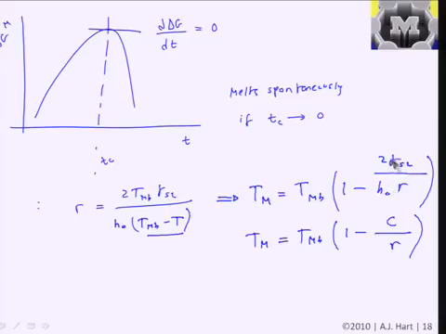Also, the value of this term increases as the surface energy of the solid-liquid interface increases, and it decreases as the latent heat, or the heat required to melt the material, increases. So if the solid requires more heat to melt, then you're going to relatively have a lesser change in the melting point, or you're going to need to give it more temperature to reach the melting limit. And